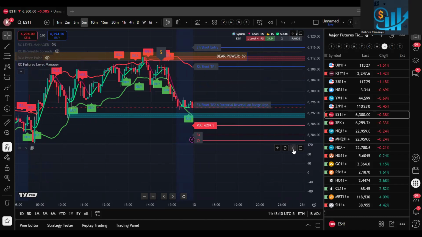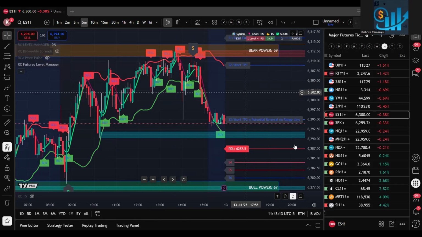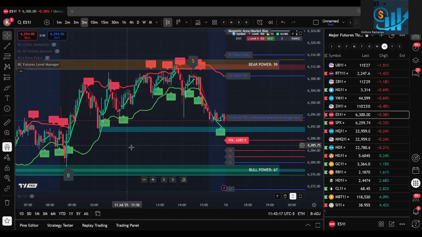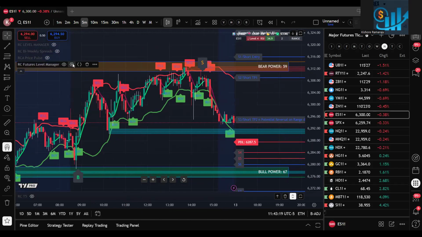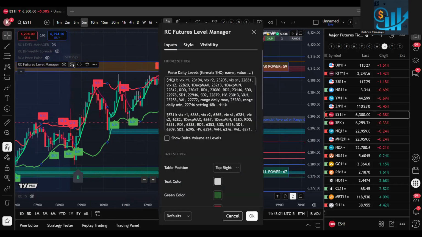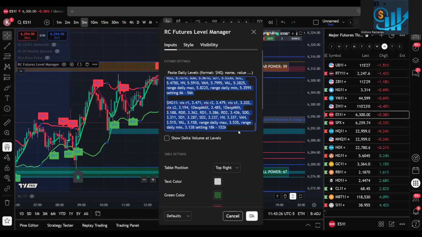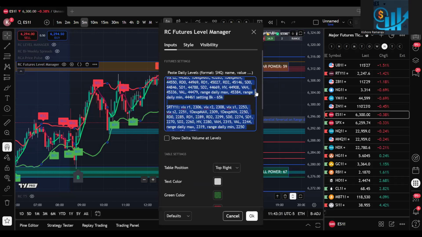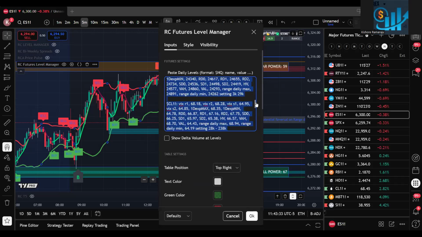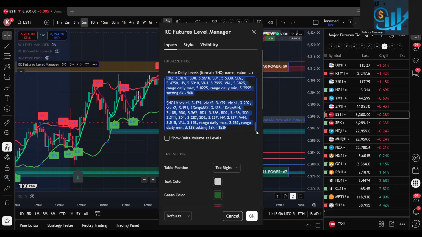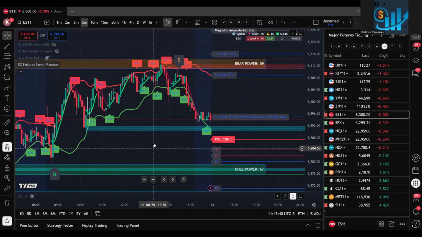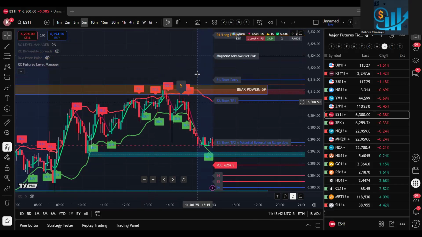So every day, based on different factors, based on the support, resistance, how the overall market is, we give you levels, right? The major support and resistance levels for the day. You have to just paste those levels here, for all different major futures tickers like Nasdaq, NQ, ES, gold, Russell, Dow Jones, crude oil. You will paste all those levels. Whenever you paste those levels, immediately it will show you something like